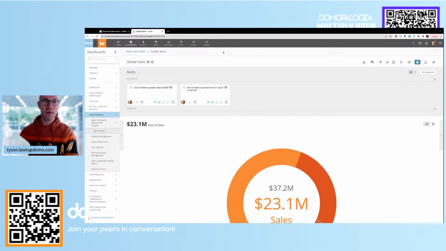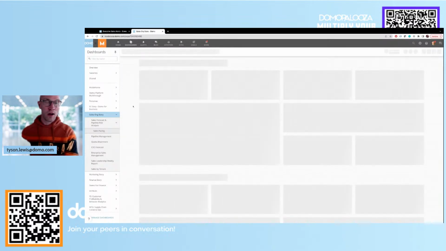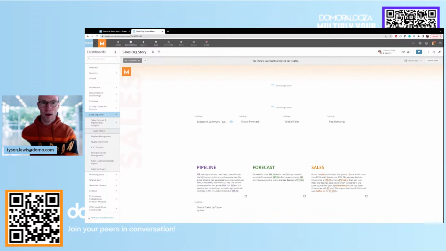Now, one thing that I've noticed is that the executives here at Domo definitely like to receive contextual alerts that have a lot of data inside of them instead of just seeing an aggregation. They also like scheduled reports. This is kind of like alerts, but it's a report that you can go ahead and schedule. So if we go back to that page, on any page that you have,